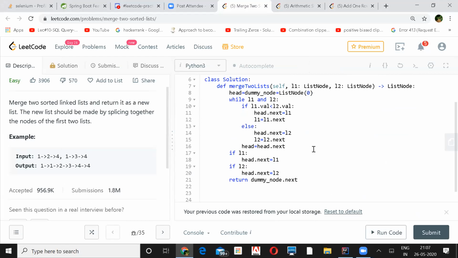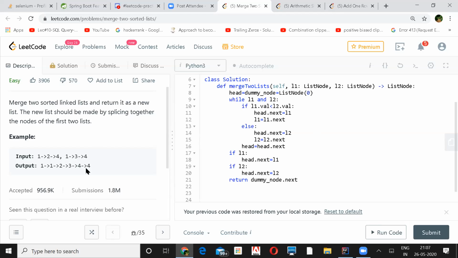So in the main while loop where you are looking at L1 and L2, whenever you see L1 val is less than L2 val, you take L1 val first, right? If it is equal or greater, then you take L2, in the else part. And then you also increment the main pointer, head equals head dot next, for each and every iteration. Okay.